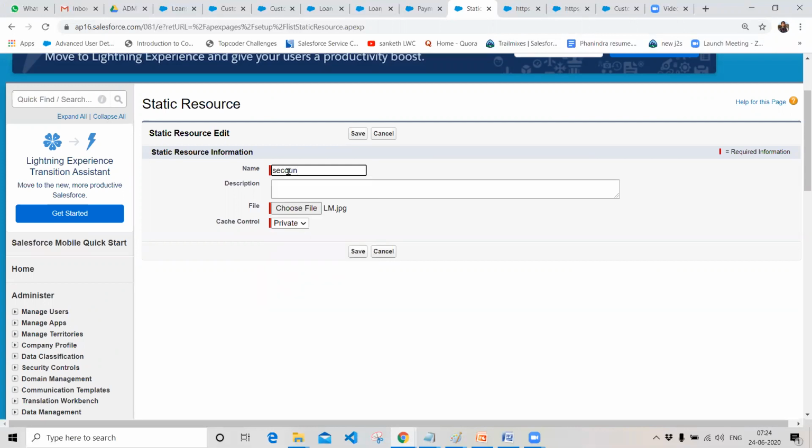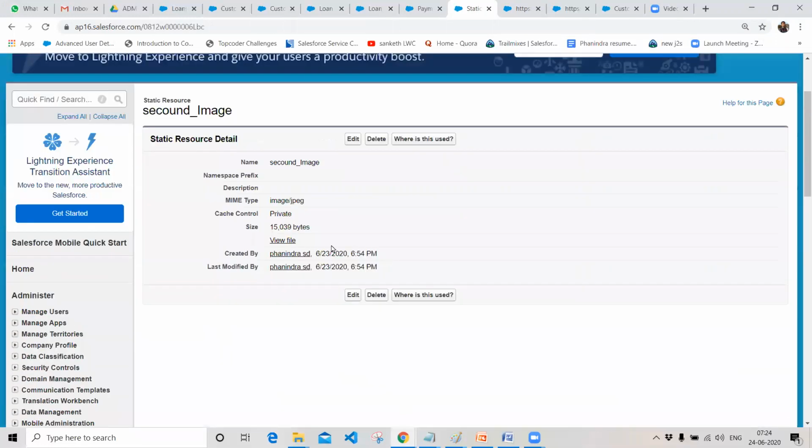If you want spaces in this name field, you should use an underscore: second_image. Click on save, and it will create an image file.